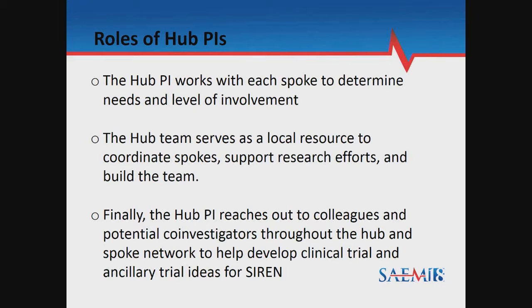And then last, I want to comment on, and what I hope maybe we have some discussion on, is how do you build awesome trial ideas for SIREN? Ancillary studies and clinical trials. Maybe you have your own awesome idea for a study, and so what's the easiest way? You can simply contact the SIREN team directly, but it might be a nice opportunity to work with a local team of hubs and spokes to